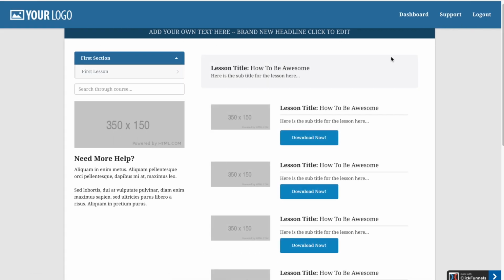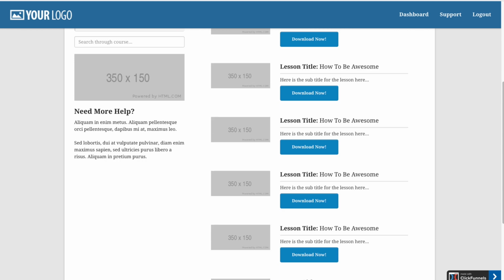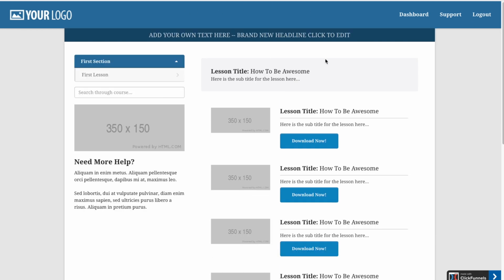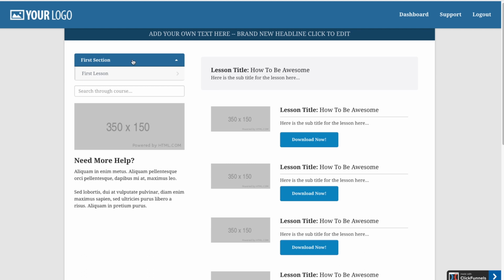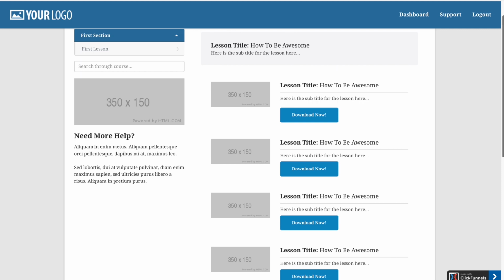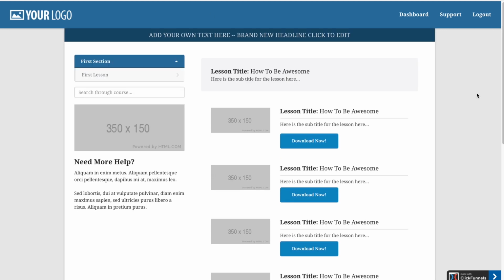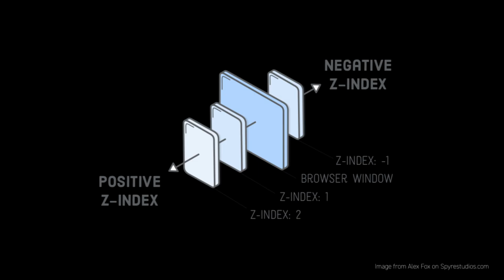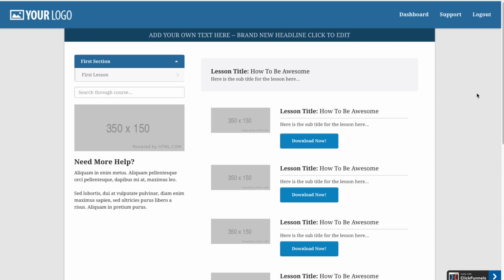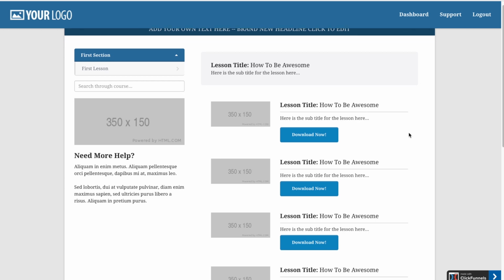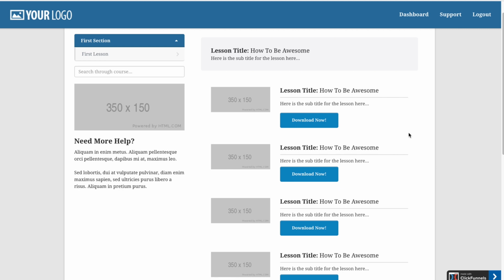The whole thing will expand at the top, and it'll become a sticky global navigation. But you're kind of seeing that now this left-hand side is hidden underneath the navigation. So in CSS, there is something called a Z index, where you can set some things to be further out in front towards the screen, and something to be behind other elements. What this is doing now is that the top section has a Z index higher than anything else on the page. So everything is basically scrolling behind the navigation,